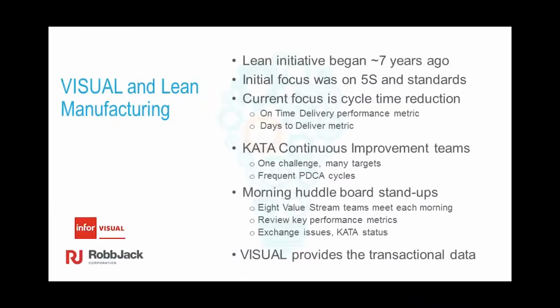And what we're looking at in the morning huddle are the key metrics that are driving our overall goal. So our goal right now is on-time delivery and days to delivery. What are the things that are contributing to that in the front office? So it's number of orders processed, how long it took to process the orders,